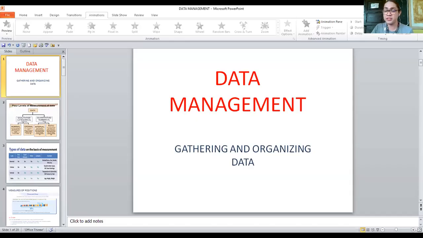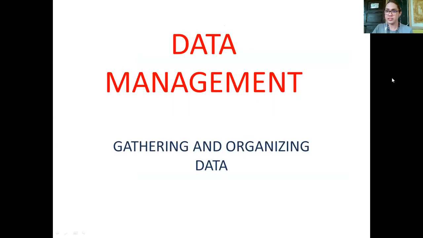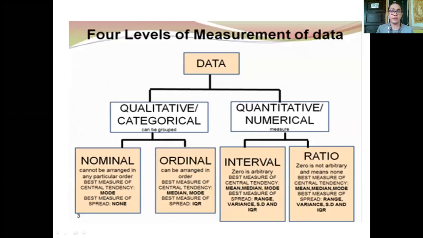So now let's proceed to our video discussion for today. We will be talking about data management as part of our discussion last time in statistics. So for a while, I'll share the screen. As you can see, when we say data management, this is something to do with gathering and organizing the data. Now there are four levels under data management that we need to understand, especially the four levels